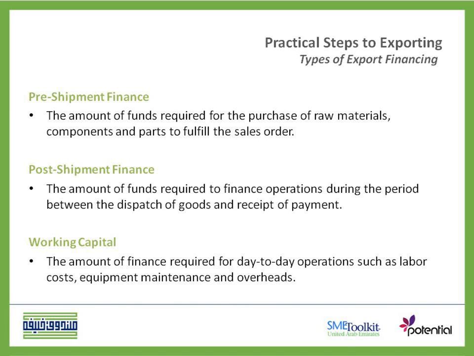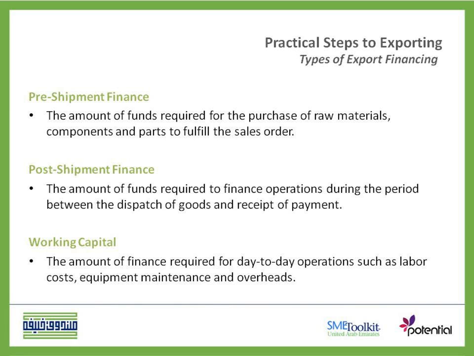First, you have the pre-shipment finance, which is the amount of funds required for the purchase of raw materials, components, and parts to fulfill the sales order. So whenever you have a sales order that you are going to ship outside the country, you need to actually purchase the raw materials and the different components to be able to build your product and proceed with production. So this is what we call the pre-shipment finance, which is the financial amount required for you to be able